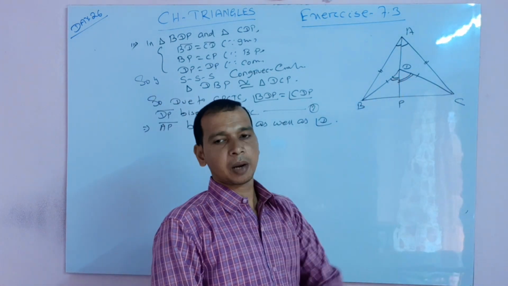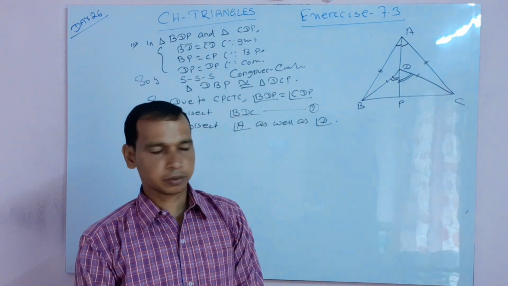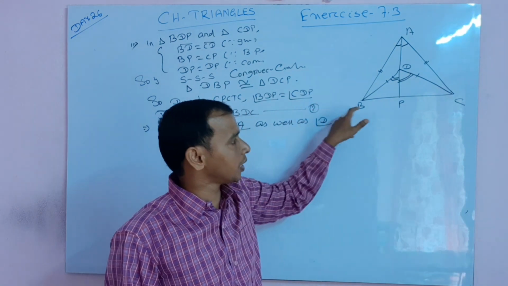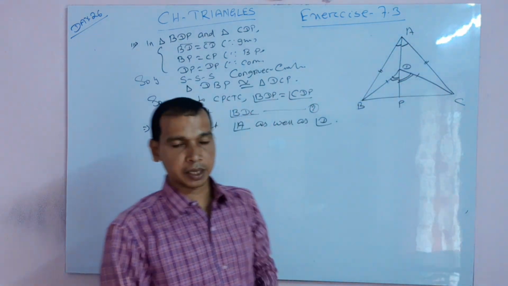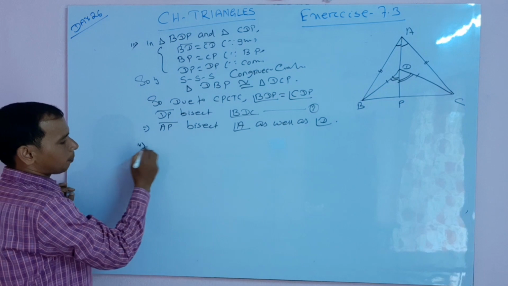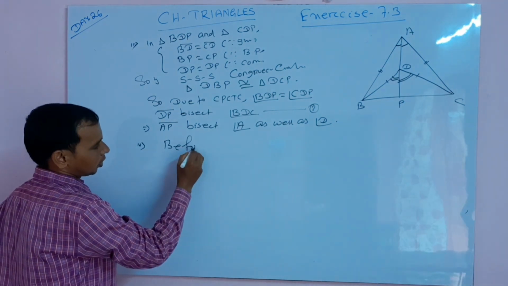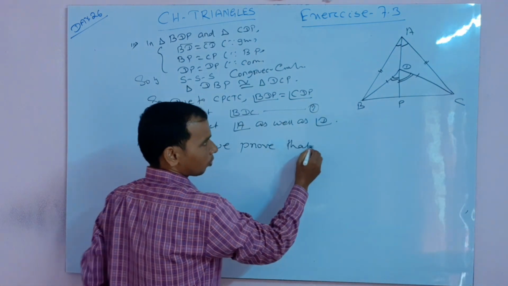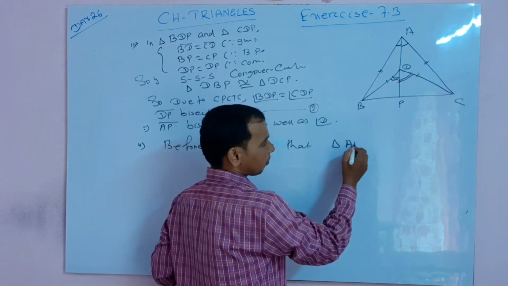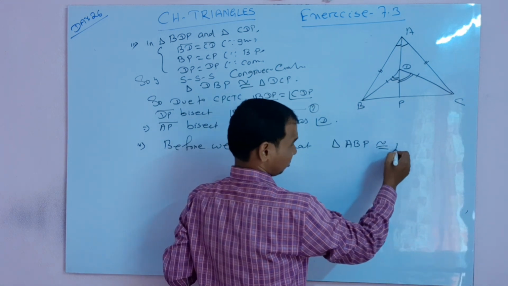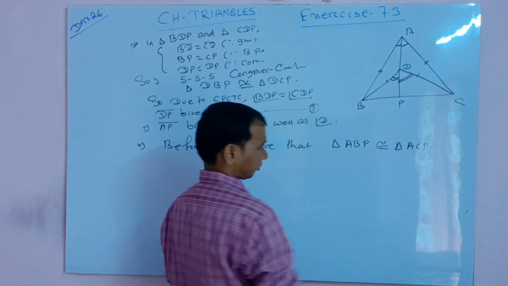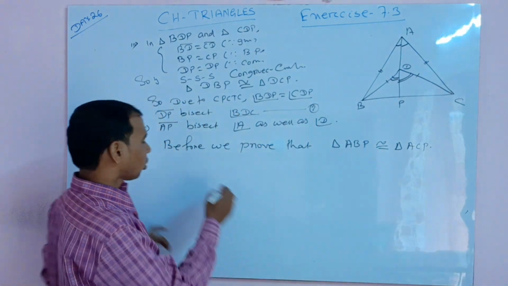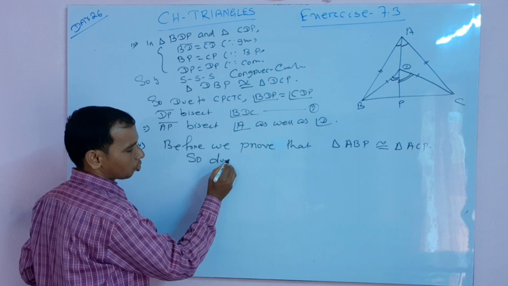Mark this angle here. In triangles ABP and ACP, before this we proved that triangle ABP is congruent with triangle ACP. So due to CPCTC,